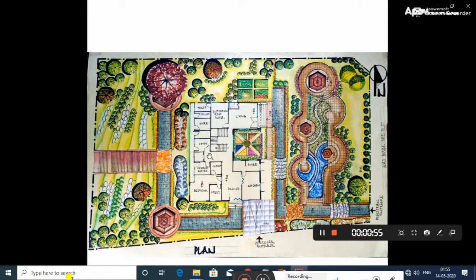Now moving to the west side of the plot, here is a bombax tree just beside the gazebo. The bombax tree is a deciduous tree, so it will help the habitable space to keep cool in summer, and in winter sunlight and heat can pass through because the foliage of this tree falls in winter. But we cannot guard the breeze coming from the river side, so there will be some shrubs over there and over there.